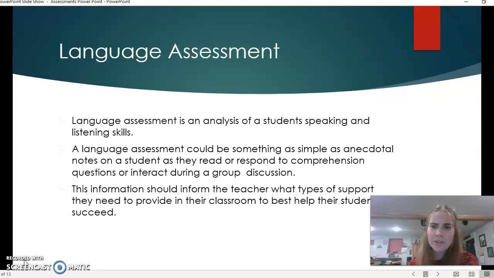Language assessments are used to analyze a student's speaking or listening skills. It can be as simple as anecdotal notes, or listening to them read and respond to comprehension questions, or how they interact during a group discussion. This information should inform the teacher what type of support they'll need to provide in the classroom to best help